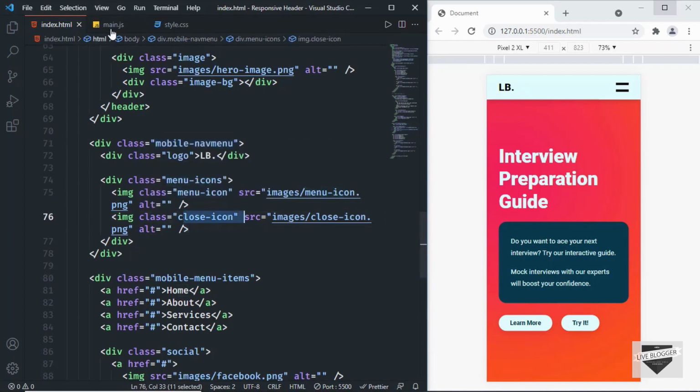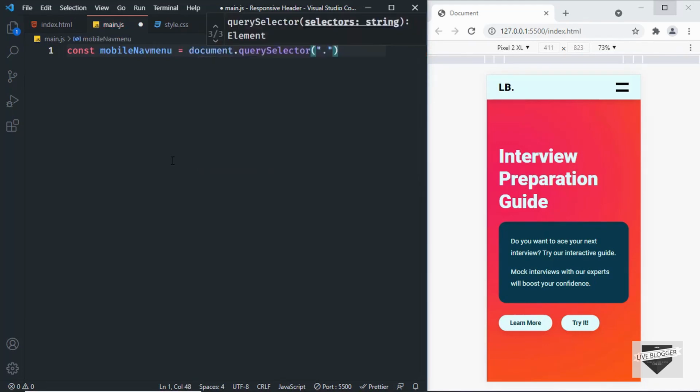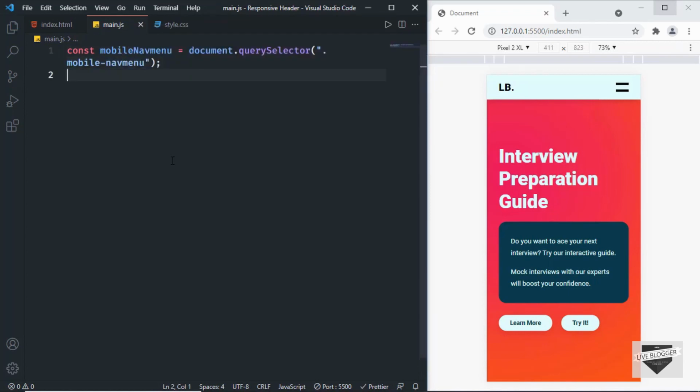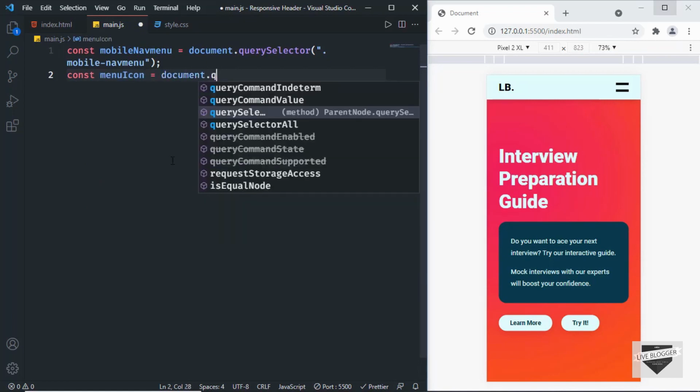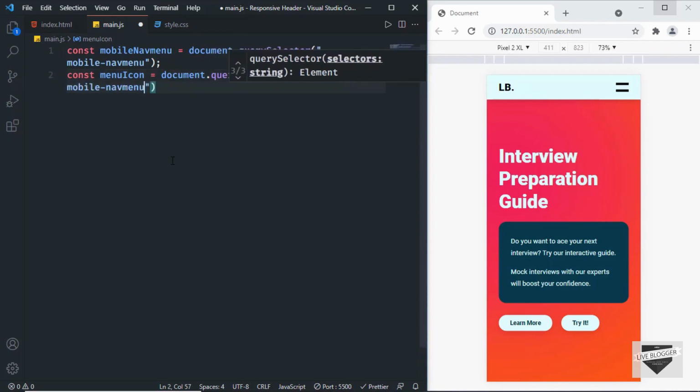So let's go to our JavaScript file and create a constant, and we'll name it mobileNavMenu, and we'll type document.querySelector, and we have given it a class of mobile-nav-menu. And then we need to select the menu icon. So let's type const menuIcon equals document.querySelector, and let's type mobile-nav-menu menu-icon, and let's also reference